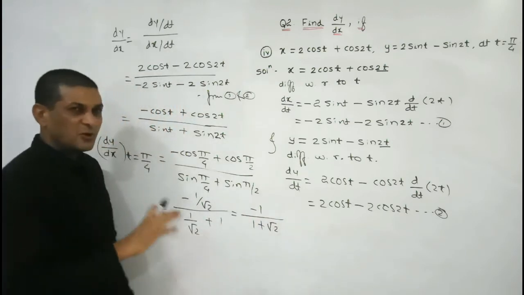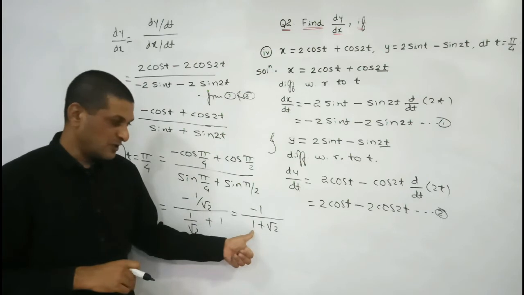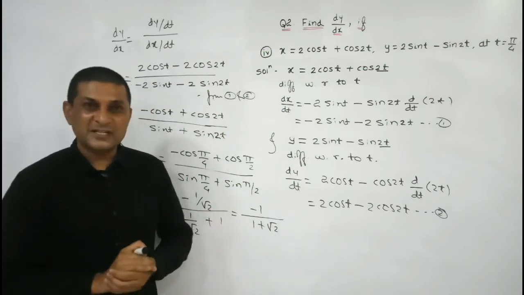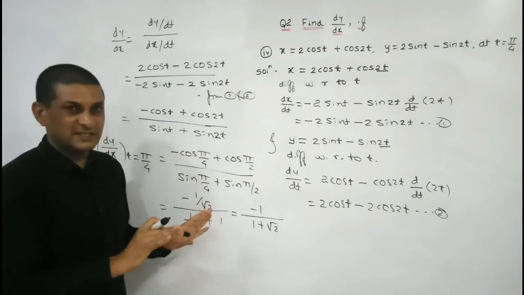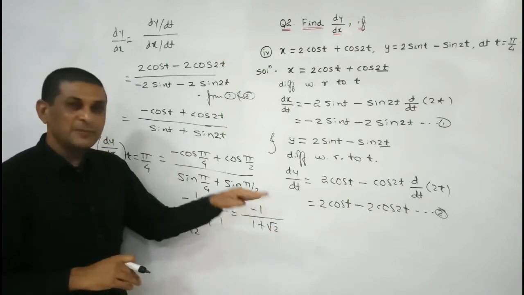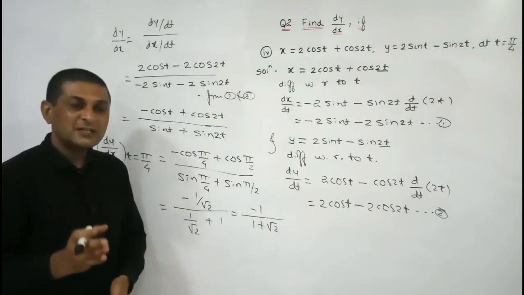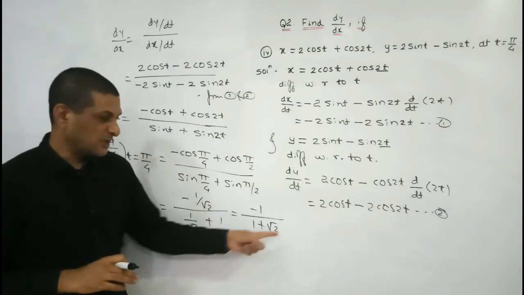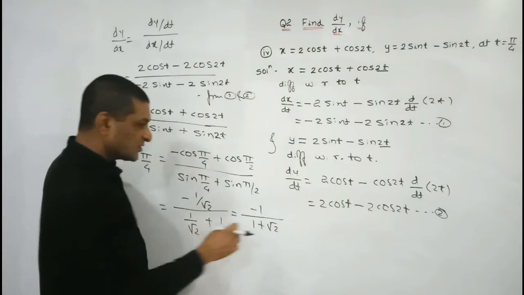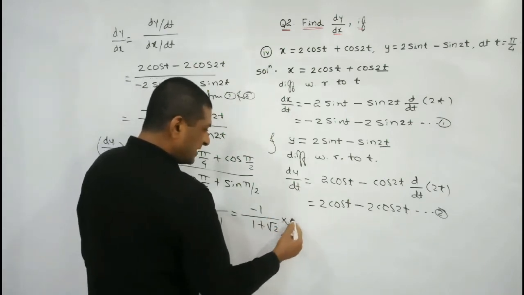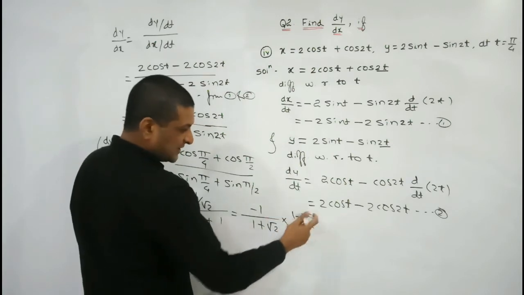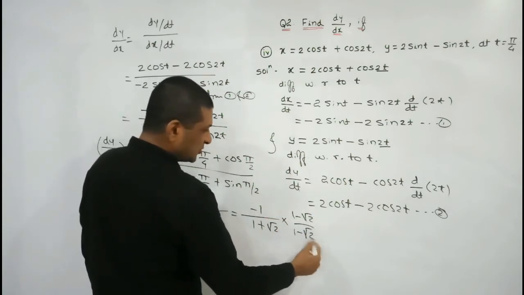As it stands, in the denominator an irrational number is there, because one is rational and another is irrational, and we know that the sum of a rational and an irrational number is irrational. To eliminate this irrational number, we are rationalizing the denominator. And how to rationalize? Multiply and divide by its conjugate. So simply I am multiplying here by 1 minus root 2, the conjugate of a plus b is a minus b. Here also 1 minus root 2.